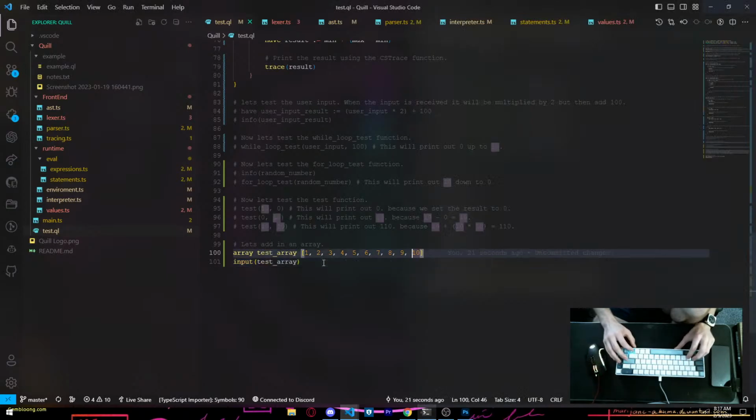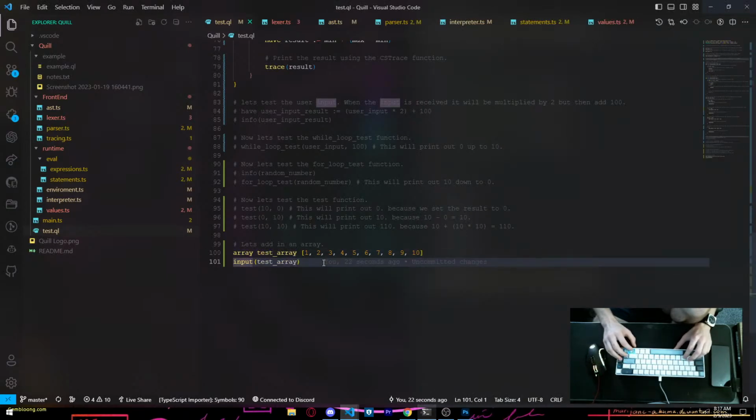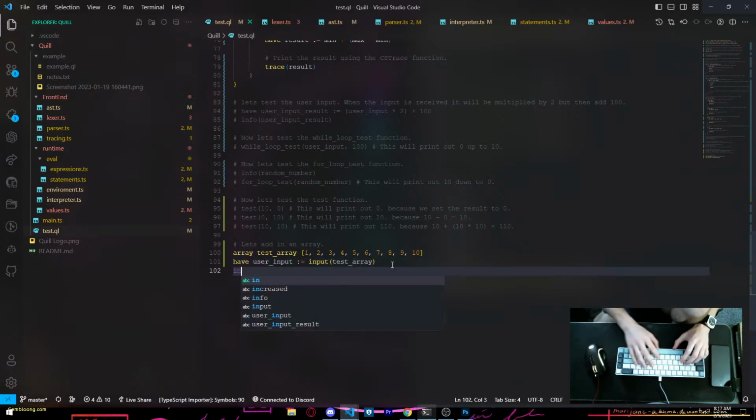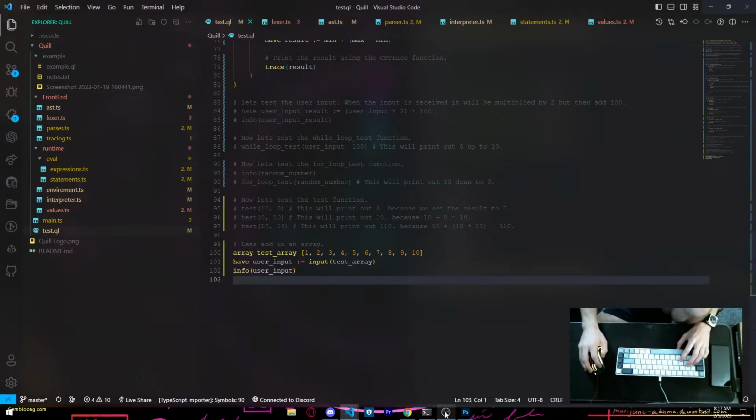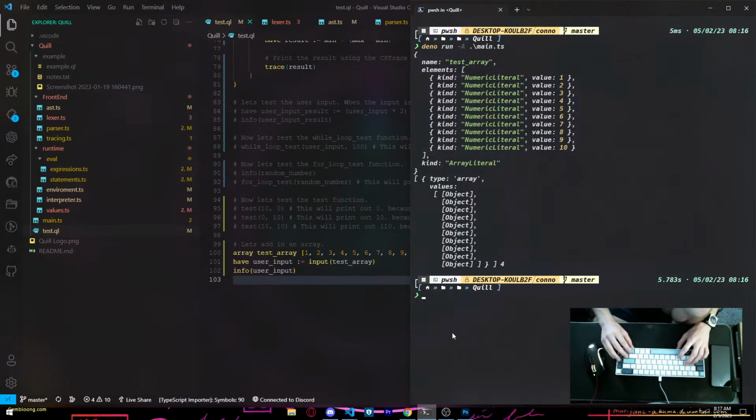Oh wait, maybe. Hold up. If we input, if this works, it's gonna be funny as hell. And then now we're gonna say info user input. Oh shit, why did I leave? No shot that works.